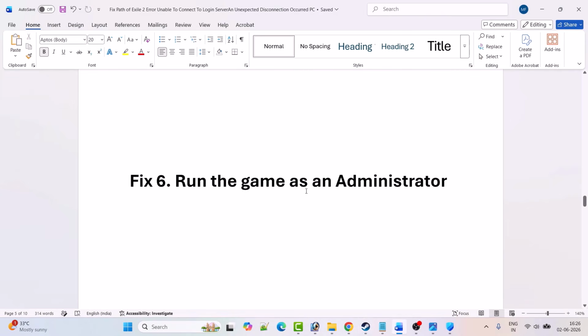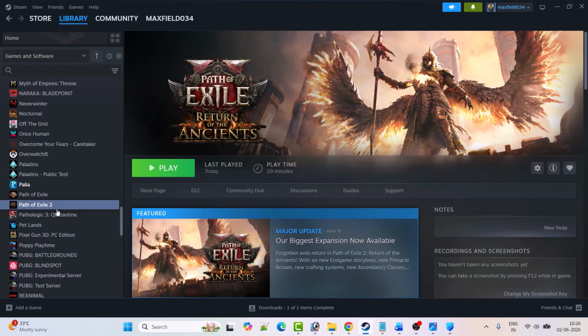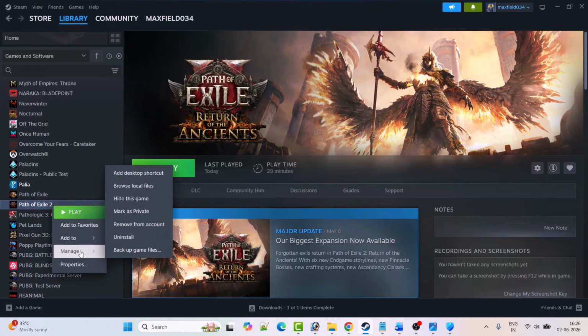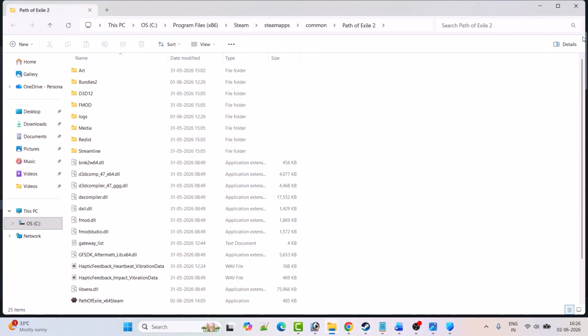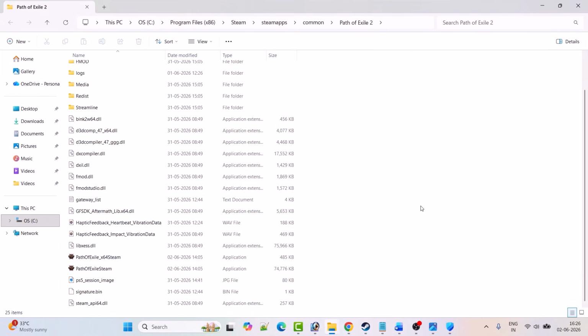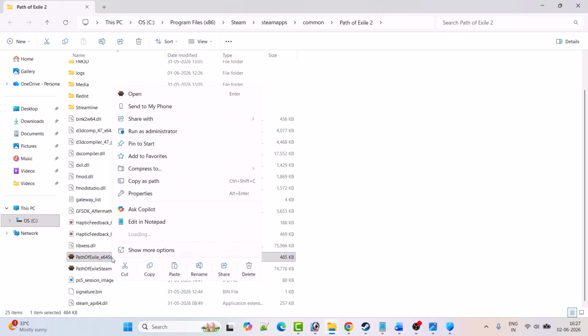Fix 6 is to run the game as an administrator. So open Steam, go to library, right click on Path of Exile 2 game, select manage, then click on browse local files. It will take you to the game installation folder. Now first right click on this Path of Exile x64 Steam exe file and then select run as administrator